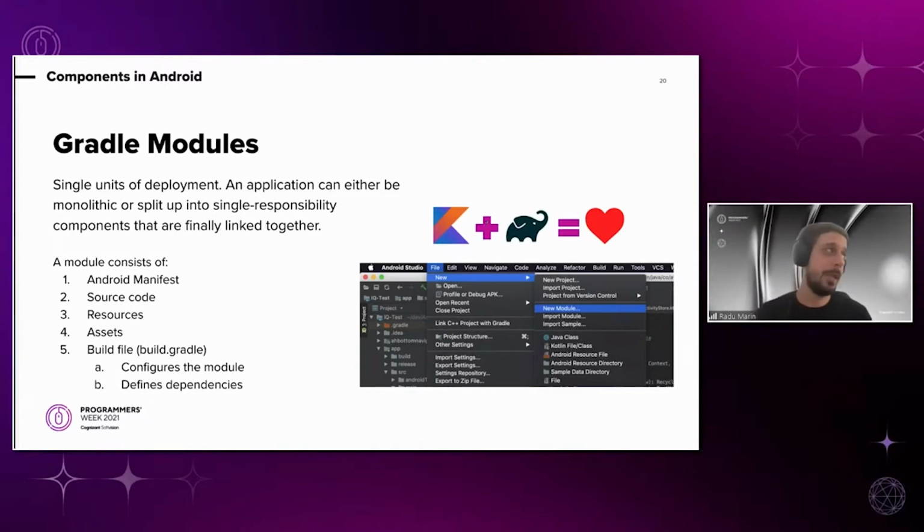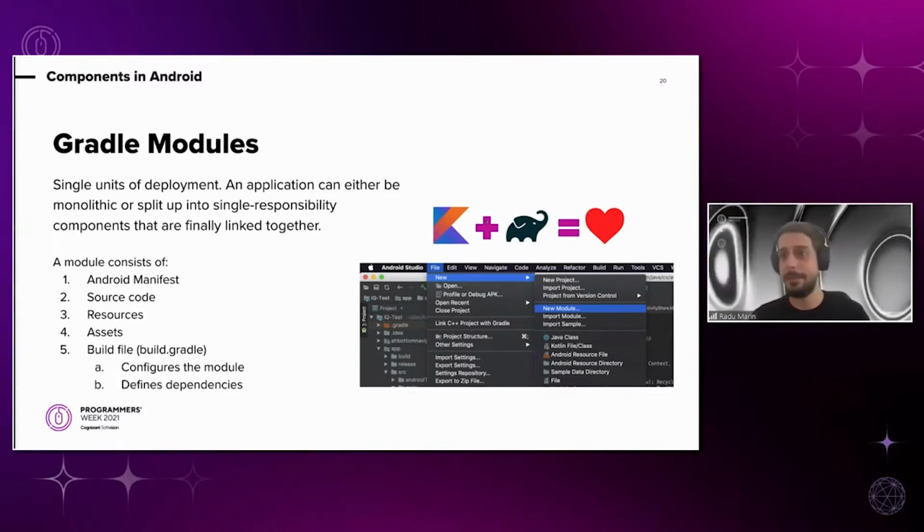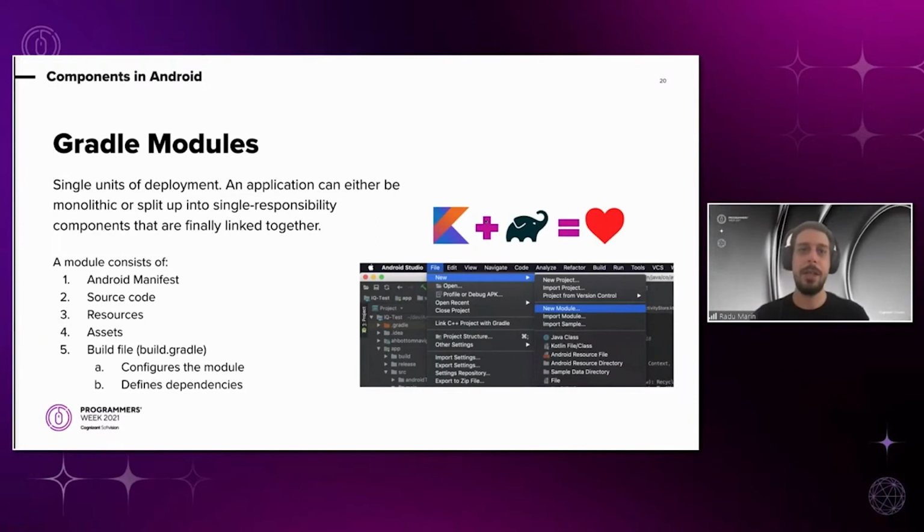And now, why do I say that Kotlin and Gradle are loved together? And it's not just because now we have Kotlin DSL for build files. And yes, that is super awesome if you want to try it out. Documentation may be a bit cryptic or missing, but it can help you do a lot of nice things. But it's that Gradle,